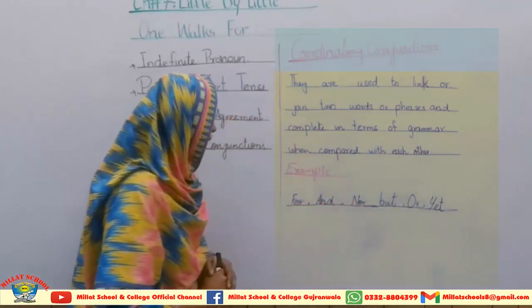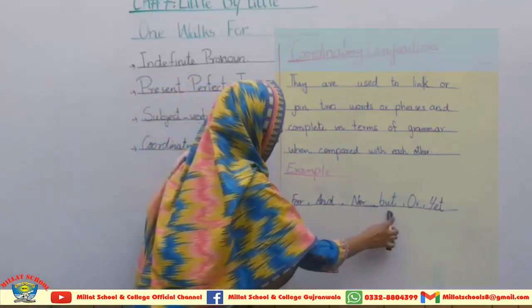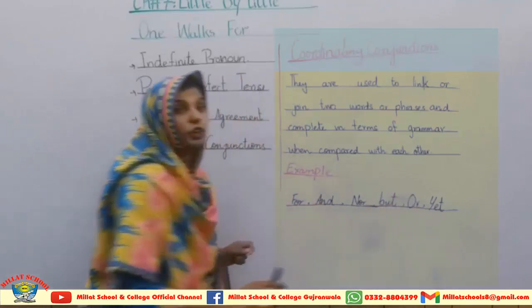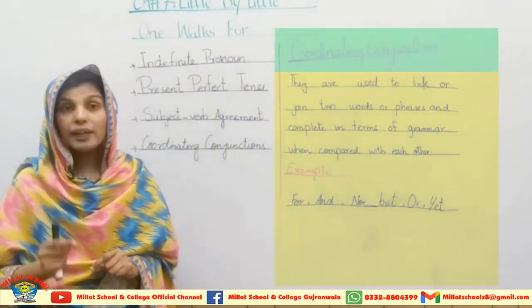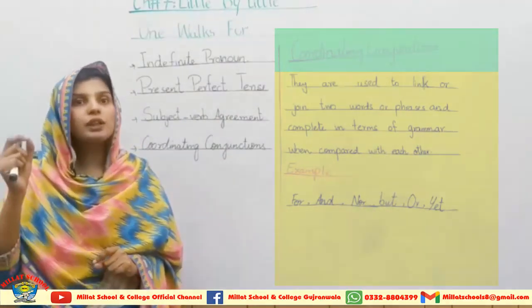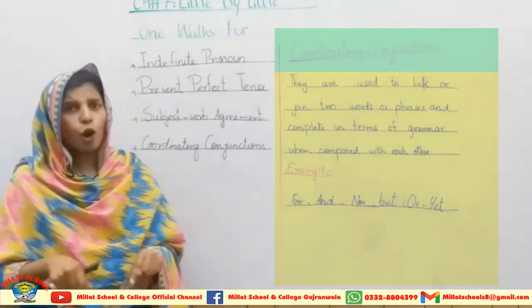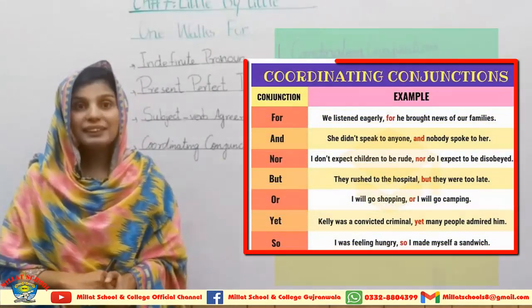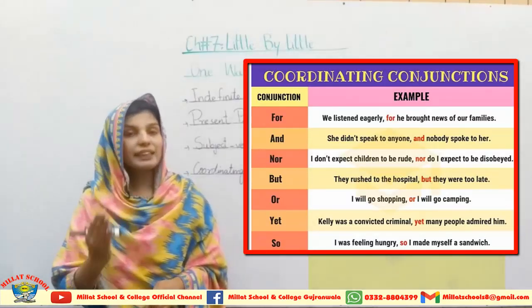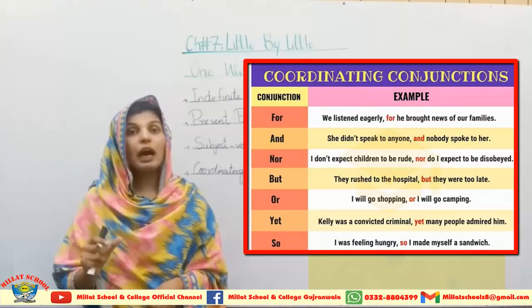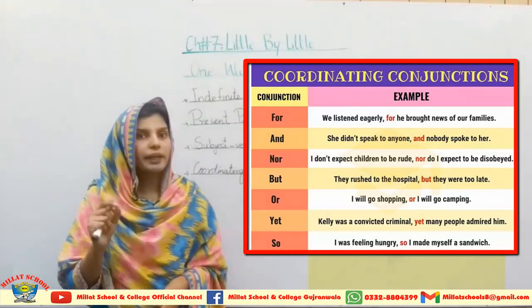Yes students, examples are over here. For, and, nor, but, or, yet. So these types of words are coordinating conjunctions, and how and in what terms you can use all these words in sentences, I have given you this explanation in a short form. On the screen you can see it, and with the use of these words in the sentences you can grasp the use of these words, where you have to use them and where you are unable to use this